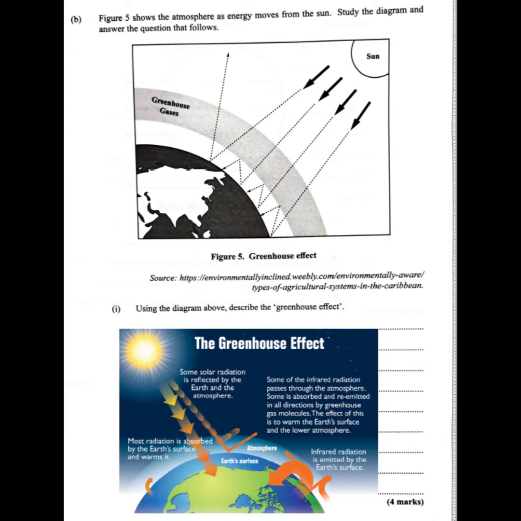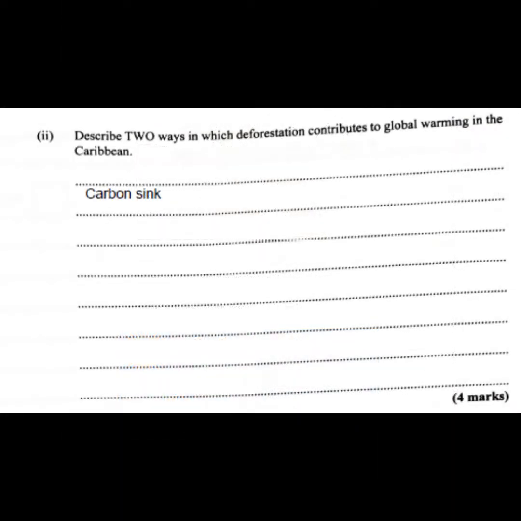So in the picture, you can see where we have shortwave radiation coming from the sun, entering into the Earth's atmosphere. The greenhouse gases are trapping most of the solar radiation, or the shortwave, that we have. Only a small amount is exiting, and what it does is that it keeps bouncing up and down in the atmosphere, in our environment. Part 2 to part B of question 4 asks that we describe 2 ways in which